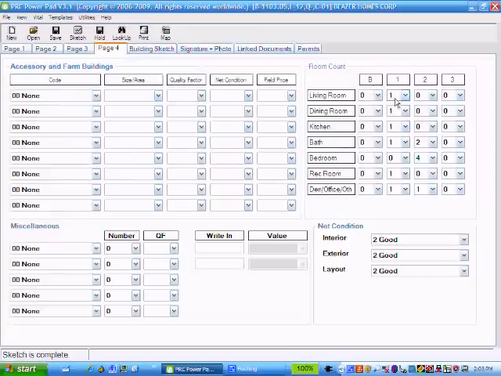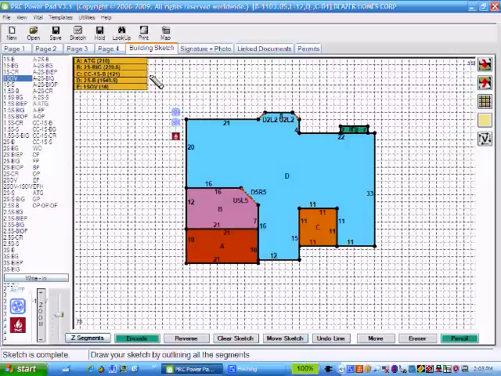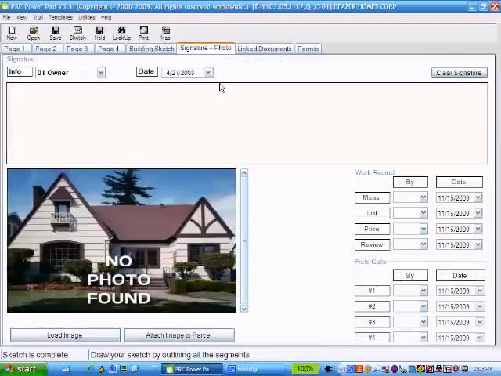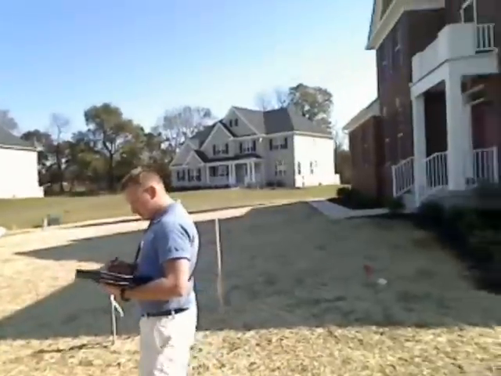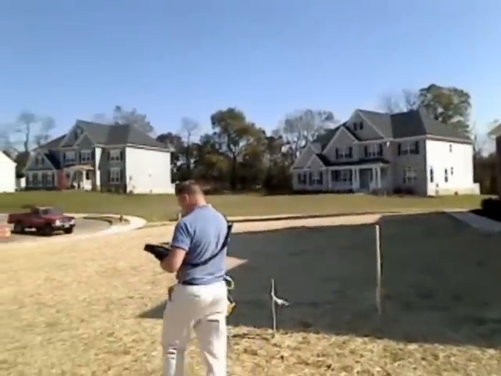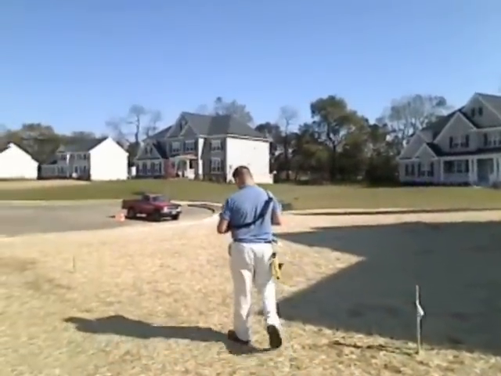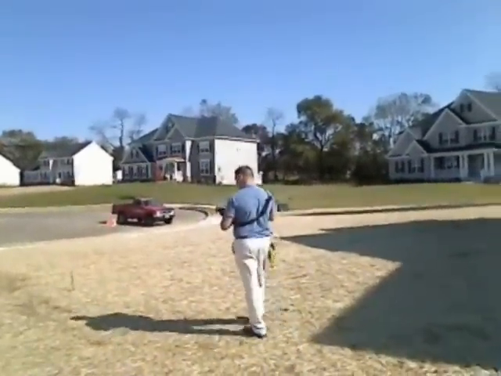Living room, dining room, kitchen, bath down, 2 bath up, 4 bedrooms up, a sitting room up, a family room down, and an office down. And the sketch, what we just went over, the sketching codes, everything squares. All the options are there. Then go to the signature page. We'll do owner, put your initials in the measured, listed, and then click save. And that saves the property, and then you're done. We were working offline now. I just have to find a hotspot with a connection to send it up to the camera system, and